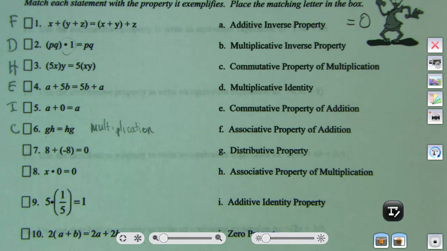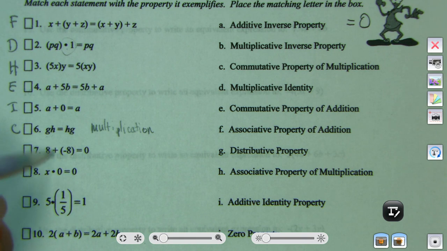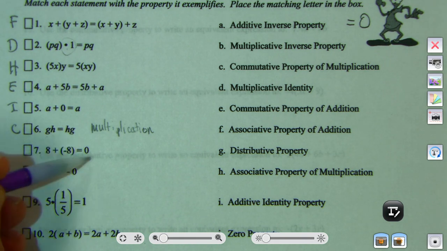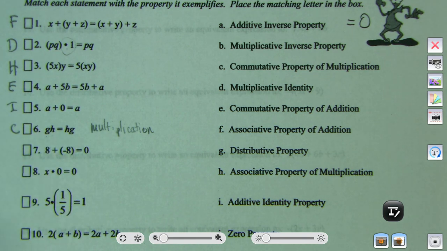And Giovanni, you're up, my friend. So here we go. We take an 8 and we add a negative 8 and we get equal to 0. The question is, now that it's got the 0 in there, it's either an identity or an inverse. A minute ago, I gave you the key